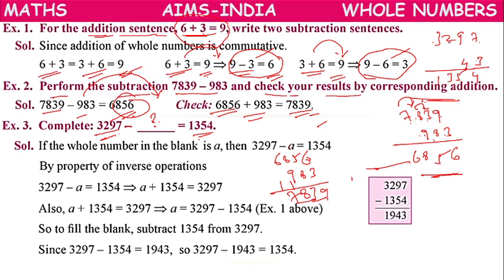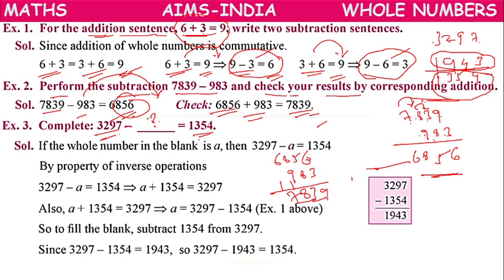Next, from 2, if we remove what number, 3 will come? From 2, we cannot remove a smaller number, so we cannot get 3. So we have to assume 1 we have borrowed here. It will become 12. From 12, if we remove what number, we will get 3? 9 we can remove, then we will get 3. So here 2 will be there. From 2, if we remove what number, we will get 1? So 1. So 1354 we will get by removing 1943. Like that we can do.